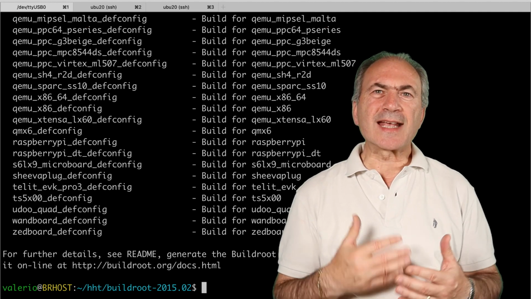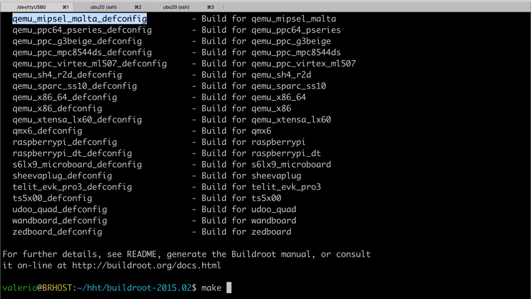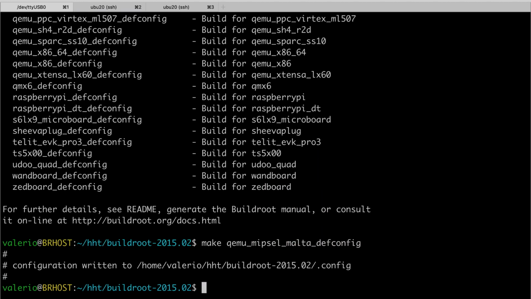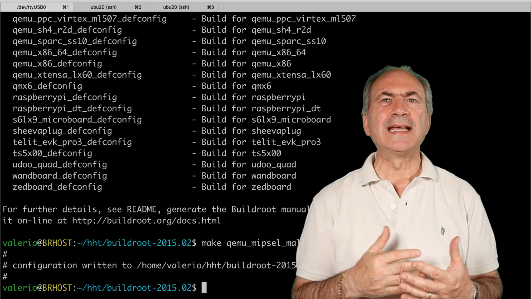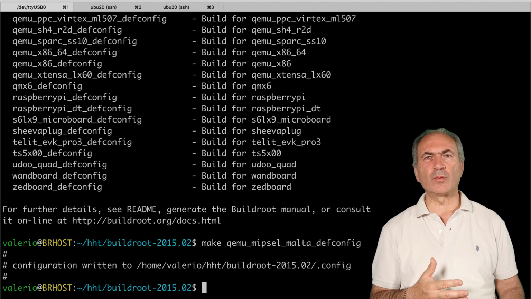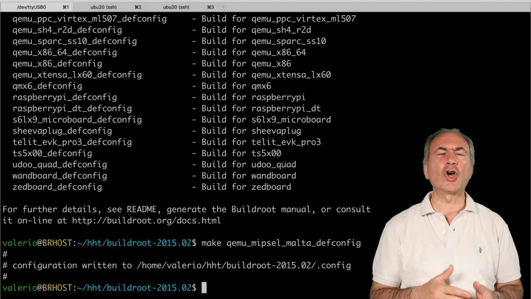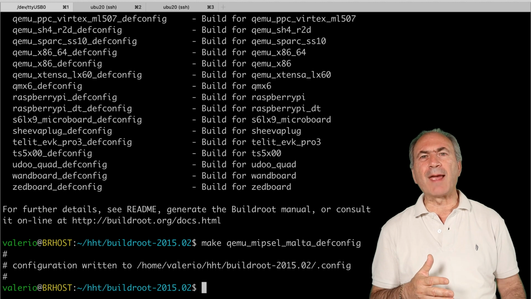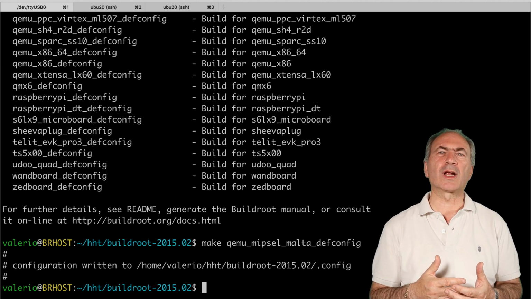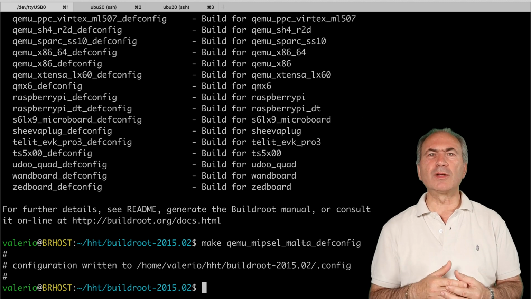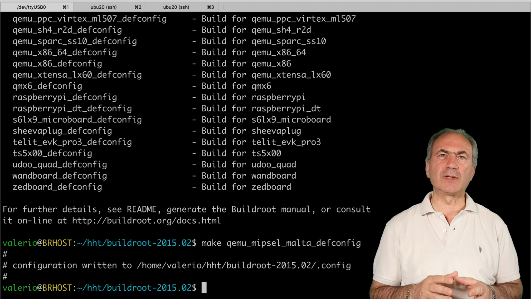We can execute the make command with our QEMU MIPSEL Malta board as target. This will generate a config file inside the Buildroot folder. Later, we can save this configuration overwriting the configuration shipped with the Buildroot, or we can use a Buildroot feature to store all our configurations outside of the Buildroot tree without overwriting anything shipped with the Buildroot.